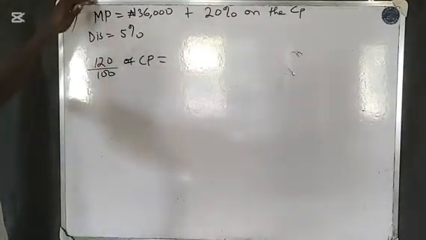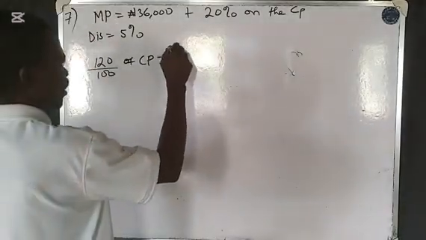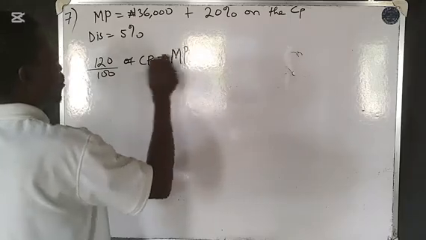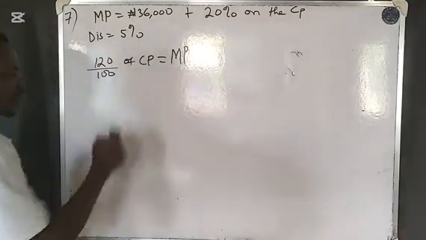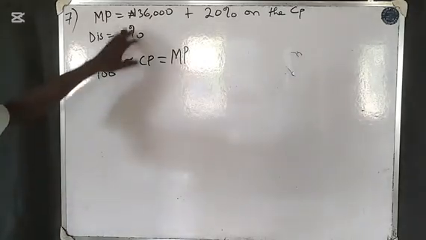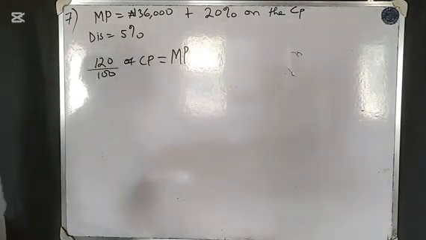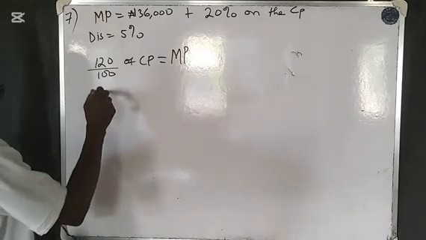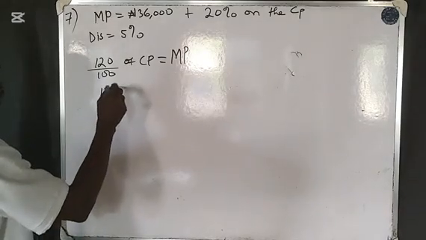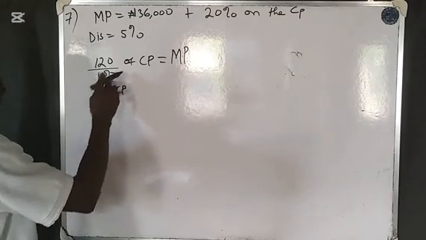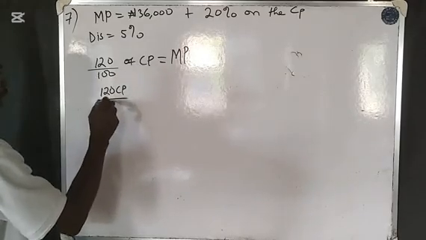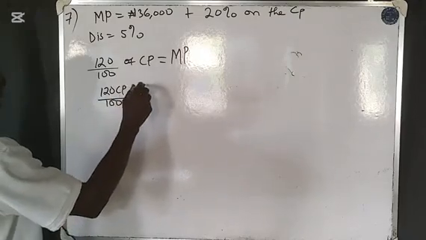Is equal to the marked price. If he's able to make 20 on top of this one, then that is the marked price. Okay? So we now do 120 times CP, give us 120 CP over 100 equals